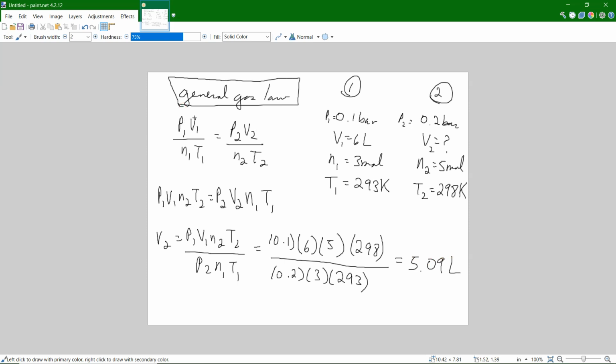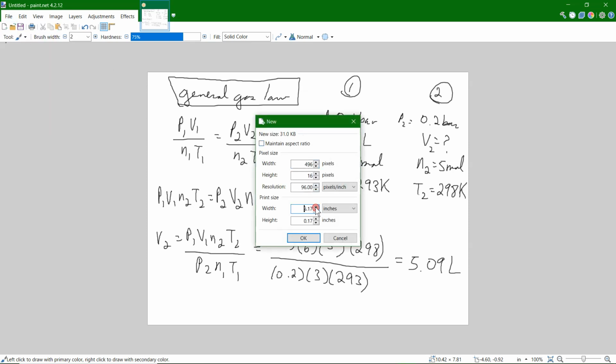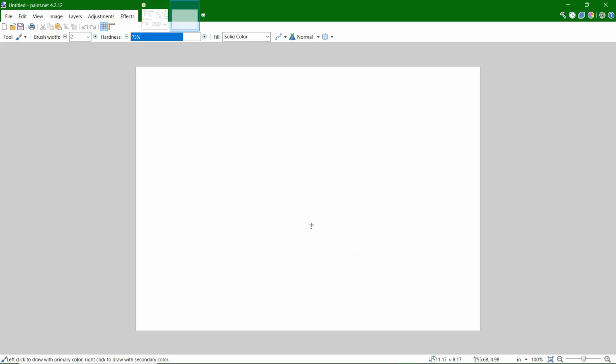Now, lots of times you make changes to pressure, temperature, or volume, but not the amount of gas you have in the container. And that's called the combined gas law. So if N2 is the same as N1, it's called the combined gas law. So let's do an example of that. Okay, so P1 V1 over T1 is P2 V2 over T2. That is known as the combined gas law, and it occurs when